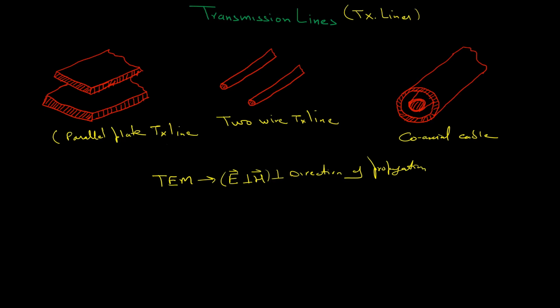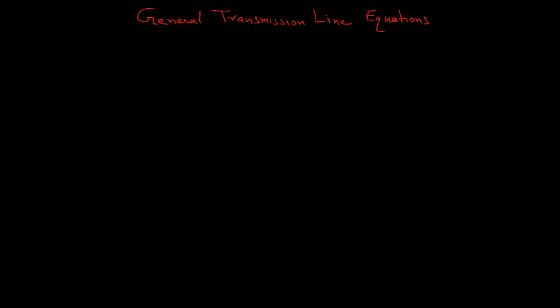So let us start with the basic equations, the general transmission line equations. Before starting, you have to revise what the lumped parameters are and what the distributed parameters are. Let us take the simple example of a circuit. In this circuit, an inductor is there, a capacitor is there. This is a series RLC circuit, a particular voltage is applied, and the current flowing is I.